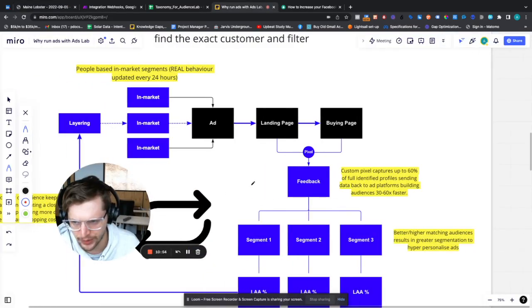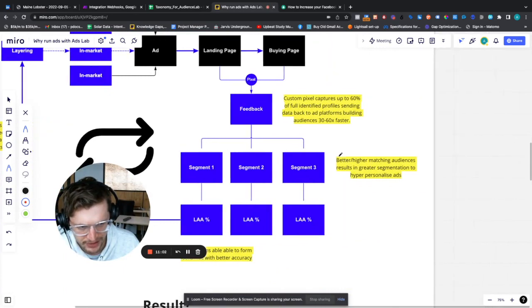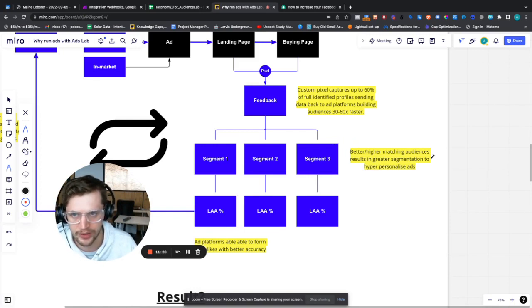What we're going to do is run ads using our own data and capture it using our own pixel. We're going to create a feedback loop, and that's going to allow us to have hyper-segmented audiences just like this, right? If you run Facebook ads, you know that if you want to do custom audiences these days, it's got to be pretty broad. Unless you have crazy amounts of traffic, it's got to be like 30 days. You can't segment based on behaviors and a ton of stuff. We can segment on all kinds of things because one, we're getting enough data, and two, we actually have the whole profile resolved.